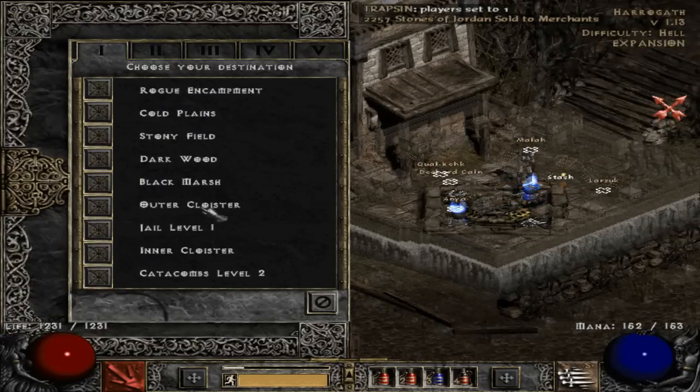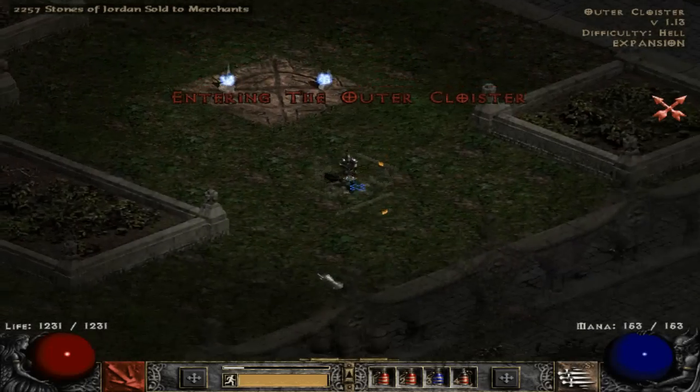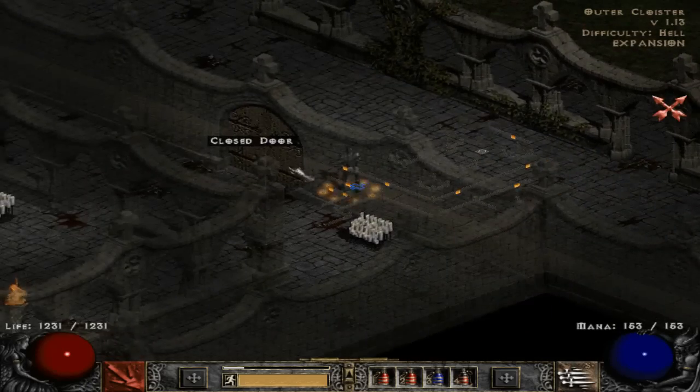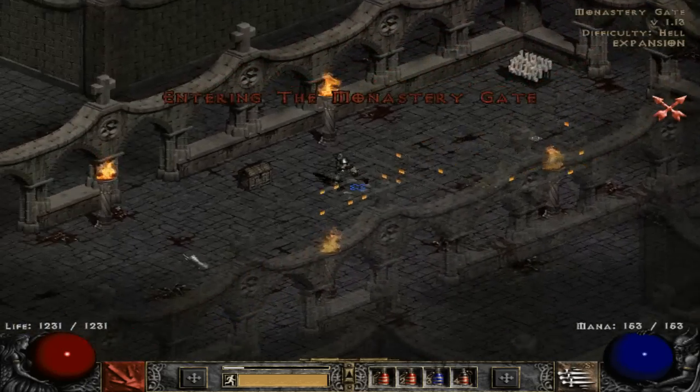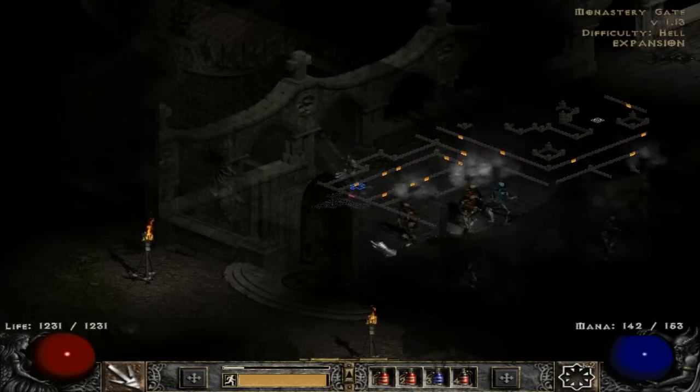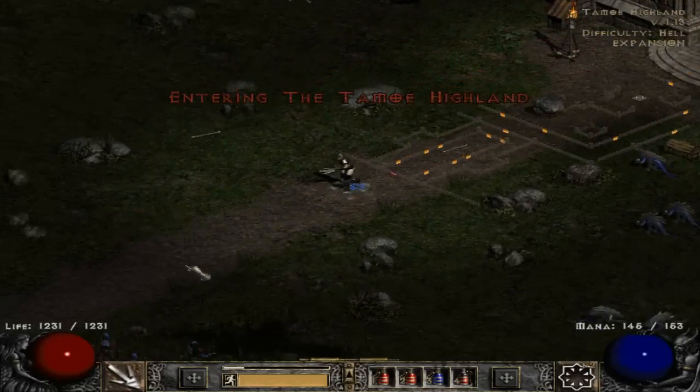Another area that I would say you could consider farming would be the Pits. The Pits is a level 85 area, so it can drop just about any item in the game. And the likelihood of the monsters actually dropping those items is quite similar to...